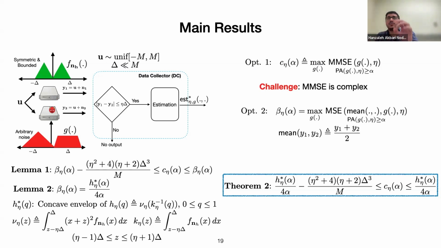And also, in order to find the result of optimization 2, we try to find a sandwich inequality to characterize this value by introducing optimization 2. And you're right. If delta and eta are not by far smaller than the range of the computation, we may need to find other solutions. This is the motivation of our next works. For those examples, we try to find other ways. That's true. That's a very good question.